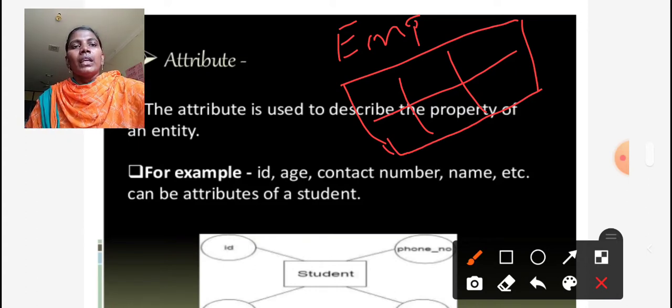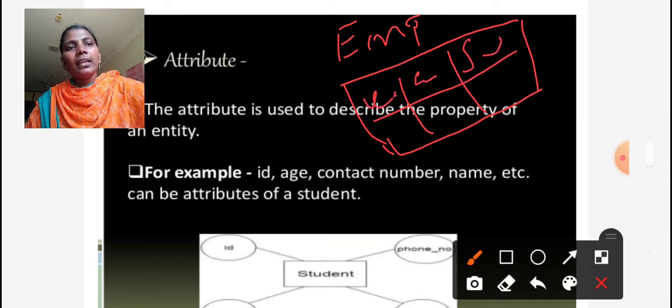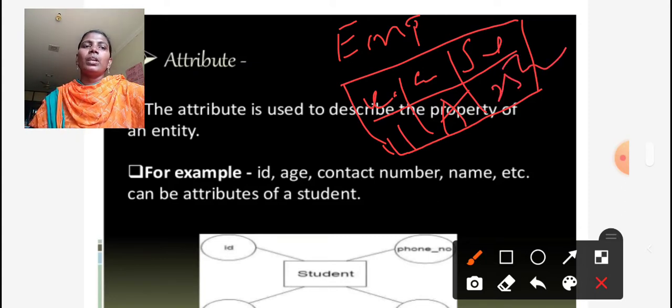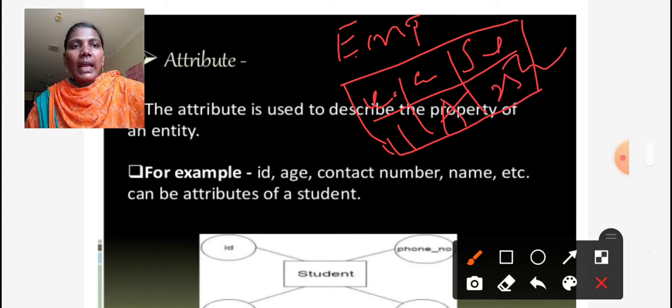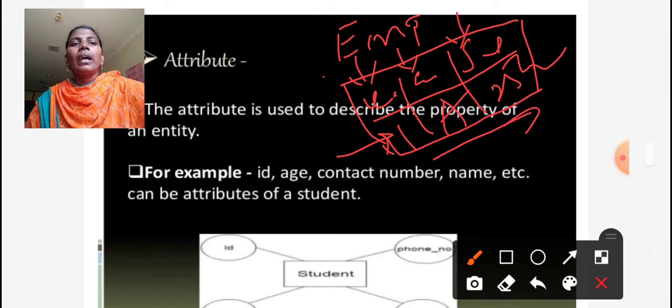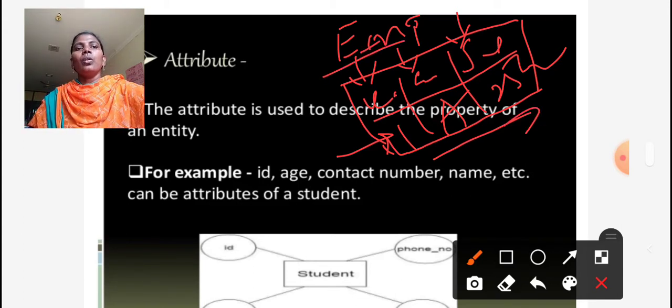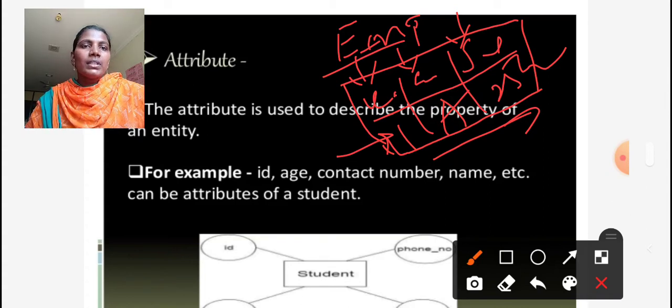No. If we take the attributes like employee number, employee name and salary, then we can save employee number as 1, employee name as A, and some salary. By using the attributes list, only then can we save particular details of an entity. We have to save the data values based on the attributes list.